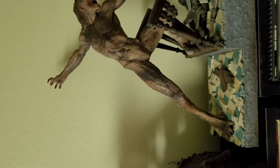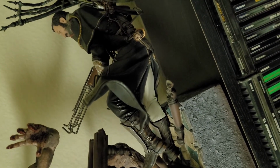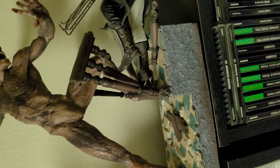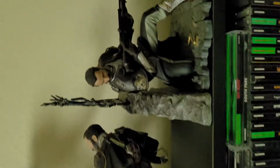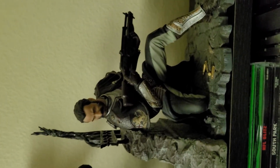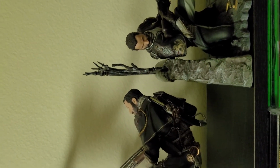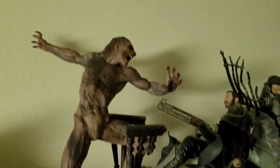Alright, now this is another cool collector's edition statue. We got Sir Galahad from the game 1886. I actually, on release day, bought the collector's edition because it was $80. So $20 more got you some DLC, and also this really cool statue of just Galahad by himself. But then GameStop clearanced, I want to say it was called the Darkwater edition, or maybe it was just the Ultimate Collector's Edition. I'm not sure, but it was $40 and came with this massive statue, so I couldn't